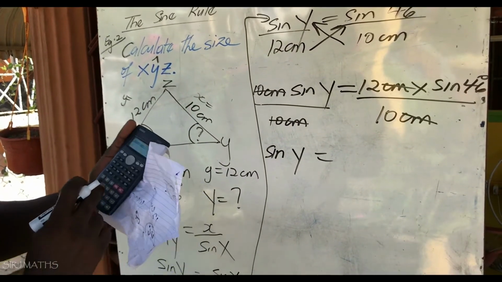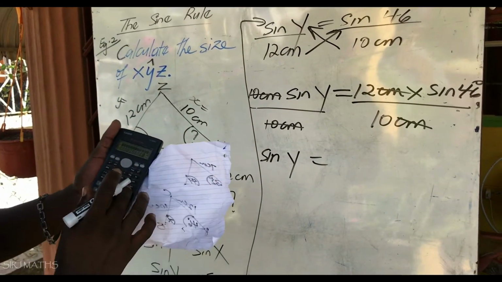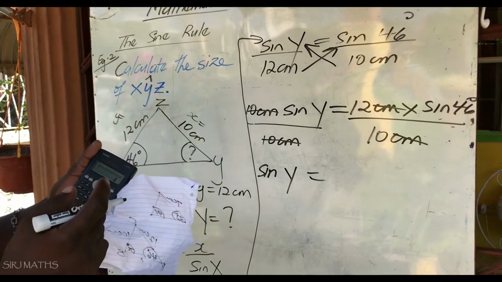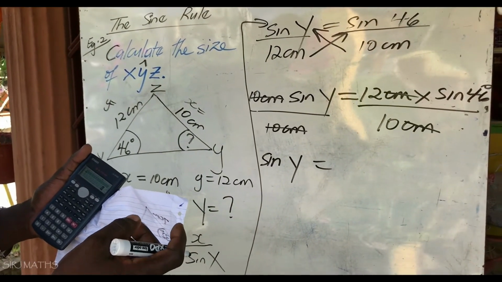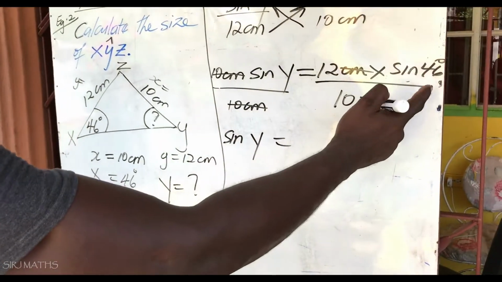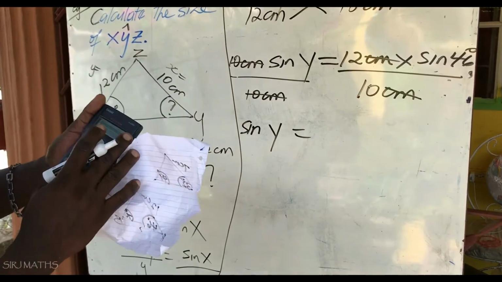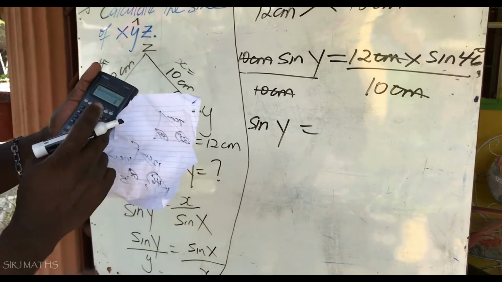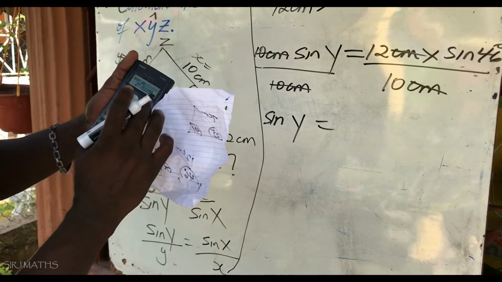Sine 46. Remember, ensure that your calculator is on the correct mode. Ensure that it is on the degree mode, because if it is in radian, radian is another unit for angular measurement. Now we are looking at angular measurement here in degrees. So ensure that the calculator is on the degree mode. So the sine of 46 degrees, it's sine 46 equals